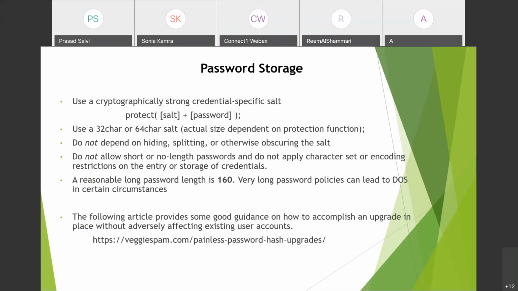For password storage, use a cryptographically strong credential-specific salt. If any of you have worked on password storage, or if you're a developer, most of the times you make use of the protect function. So protect should take salt and password. Use at least 32 to 64 characters of salt. Do not depend on hiding, splitting, or otherwise obscuring the salt. Do not allow short or no-length passwords, and do not apply character set or encoding restrictions on entry or